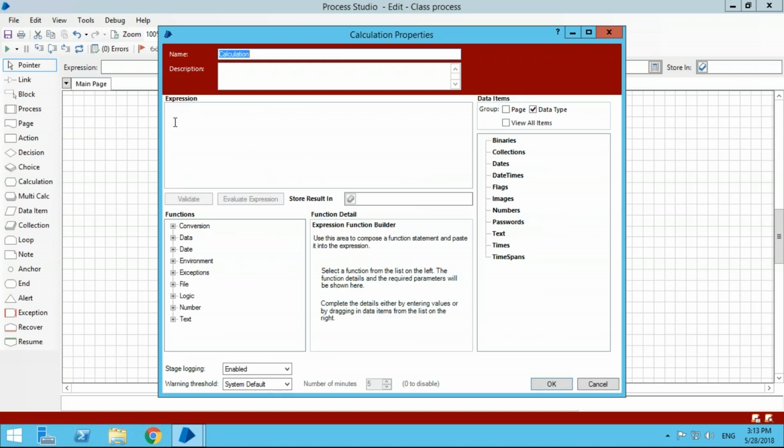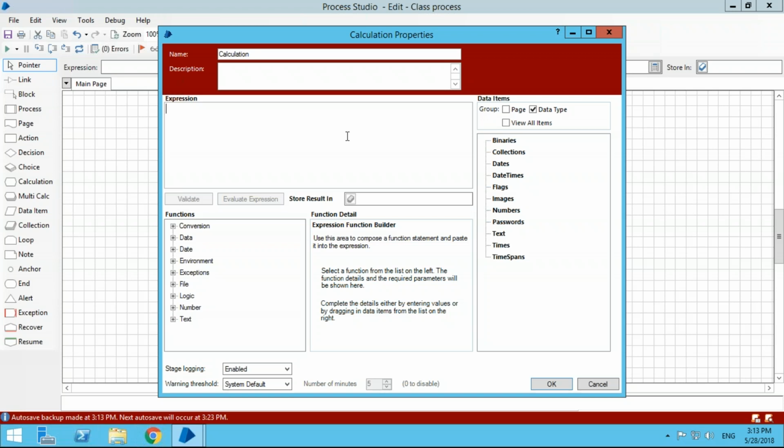So again, the old familiar expression page. With a decision, you had an expression that decided the route of the flow. With a calculation, you'll have an expression that you will use to output some sort of a result. So that's the main difference.